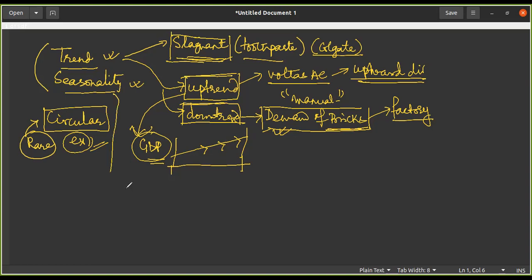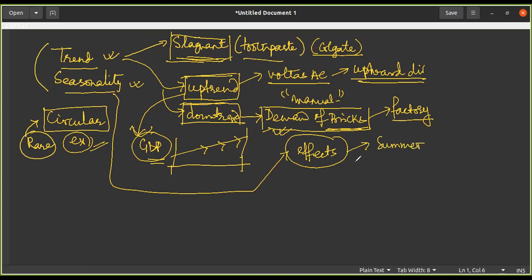And seasonality, we already know that there are effects which are created by factors which we do not control. For example, sales are higher for ACs in the summer series and lesser in case of the winter series. These are the seasonal effects which we cannot really control. We cannot control when there will be summer, or whether in summer there will be more hotness or less hotness, and so on and so forth.